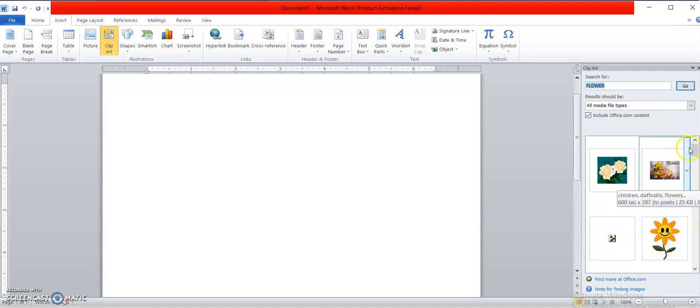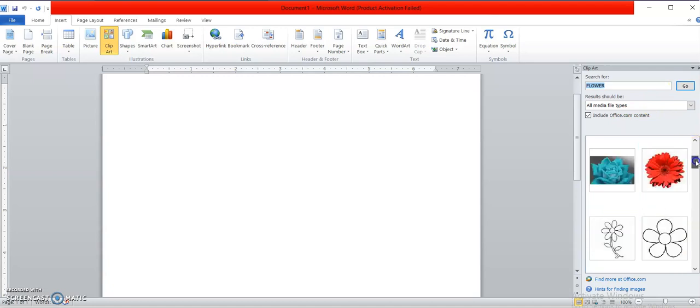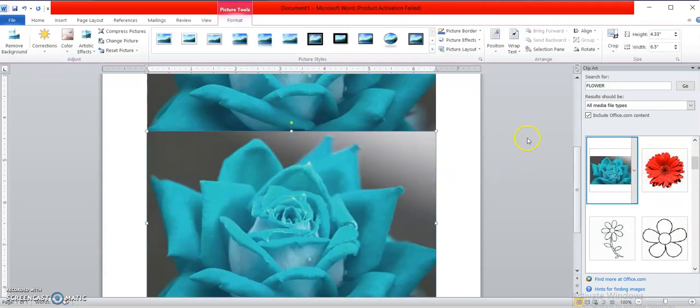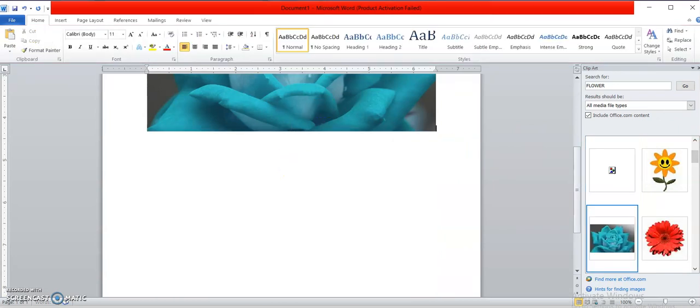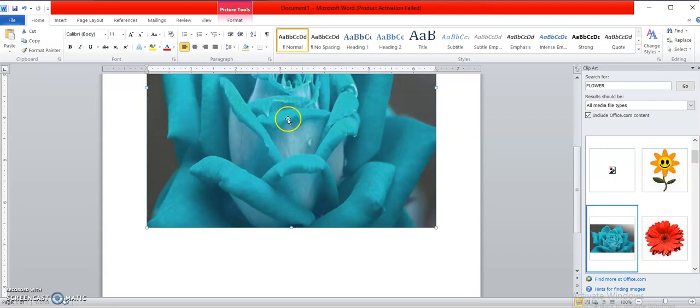You can see the different flower images in the clip art. You can select any clip art or flower like this, and you can use it in your document in a very presentable way.